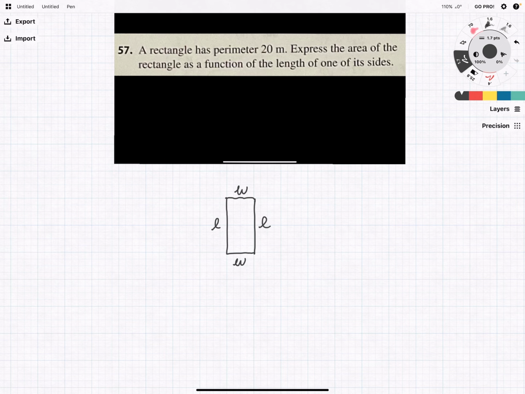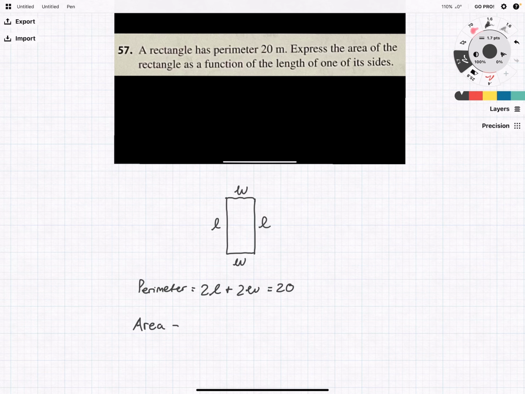And we know that the perimeter is always going to be equal to the length plus the width plus the length plus the width. So that can just be 2 times the length plus 2 times the width. And they do tell us that the perimeter is equal to 20. So that's good, okay? Now, another thing that we do know is that area in general of a